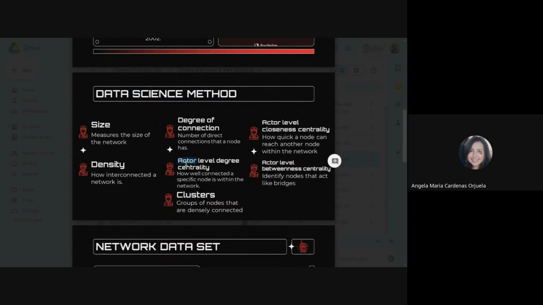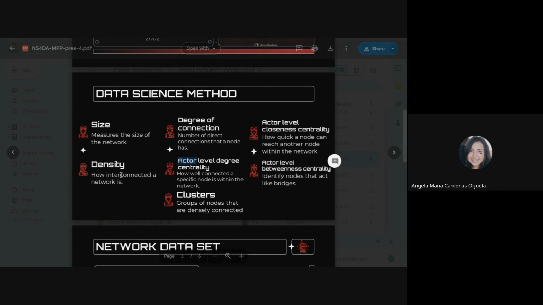So now I am going to speak about the data science method. The article used the framework of social network analysis without delving into more complex operations to provide a basic initial framework for an intelligence analysis tool. This framework involves seven structural criteria. These are